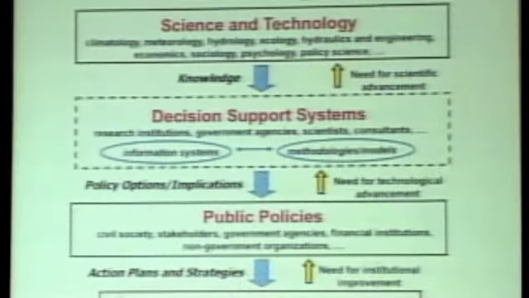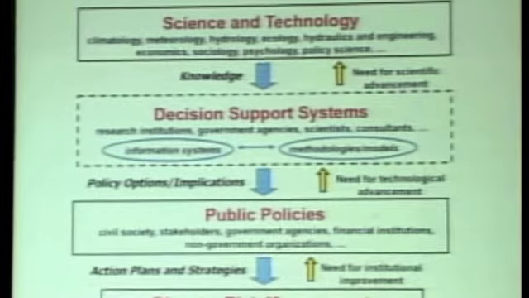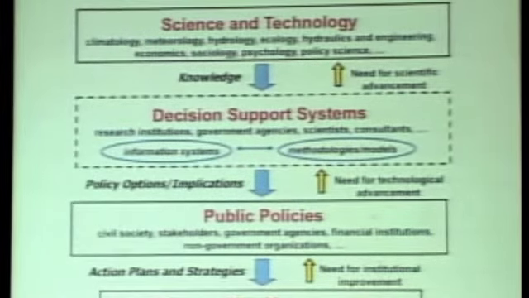This through linking science, policy, and then of course you have the DRM. In this figure, we have essentially 4 major boxes. First and foremost, we have to have the science and technology, which cuts across those multidisciplinary sciences. The science technology will generate knowledge that can be used by policy makers, the policy actors, to